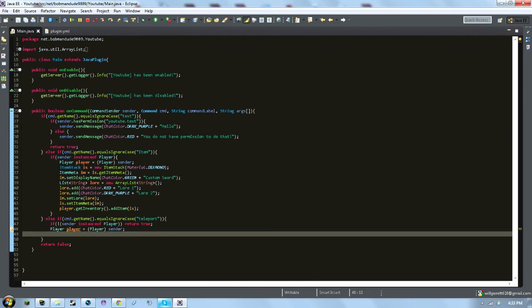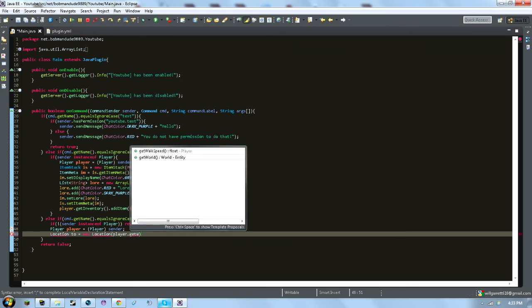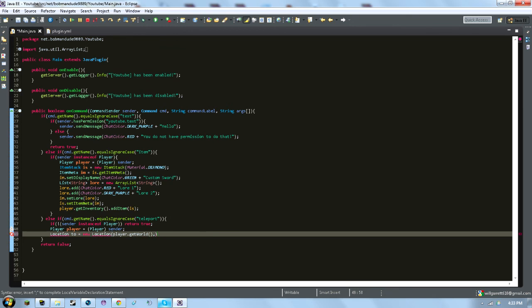Now we want to create a new location. This is going to be where we are teleporting to. We're going to do new Location. So the first argument here is the world that we want to teleport them to. So we're going to just do player.getWorld, because we won't be teleporting out of this world. And then we just want to do